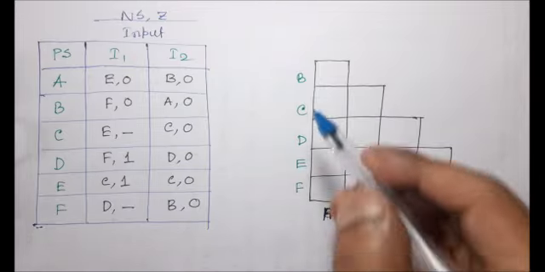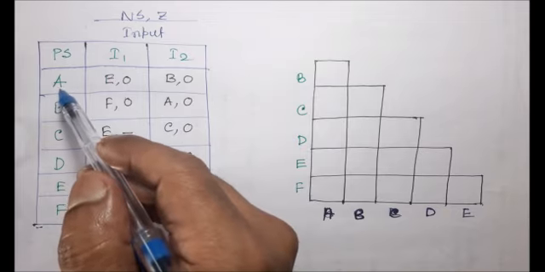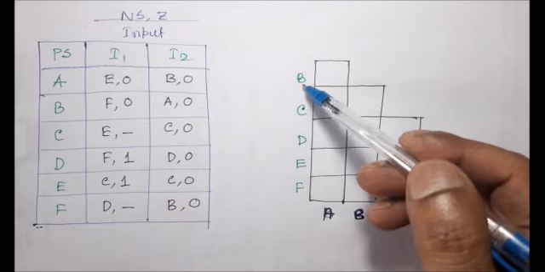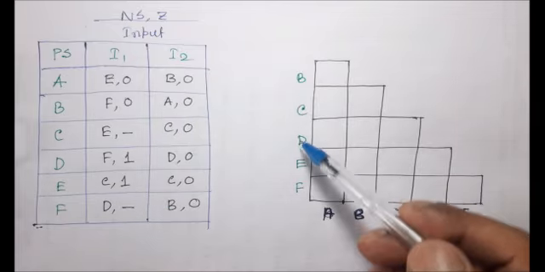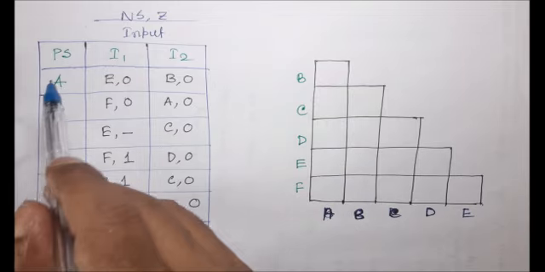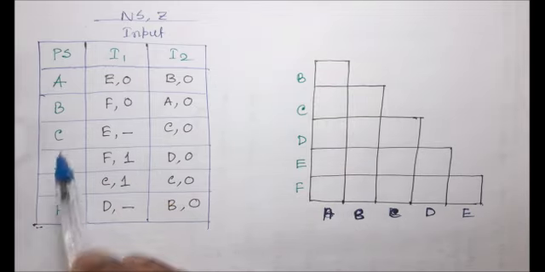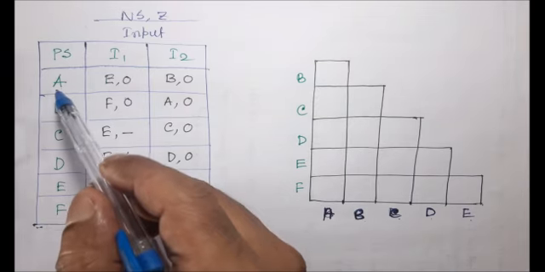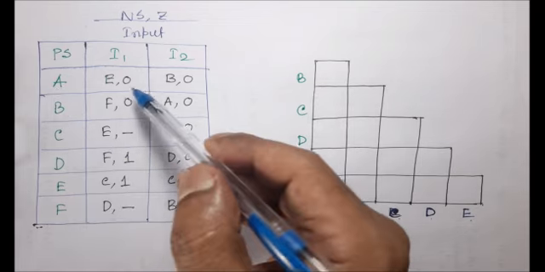First I have just written the states, because here the states are A, B, C, D, E, F. So 6 states. I have written 5, starting from the second state: B, C, D, E, F, and I have written A, B, C, D, E along the side. Okay, so this is my merger table. Then we have to repeat the same steps for A, B. So let's consider the output.